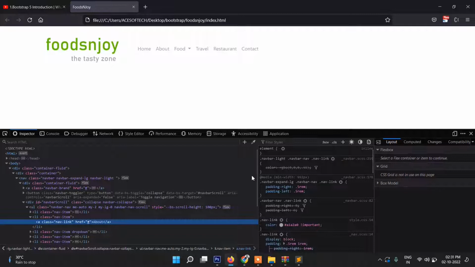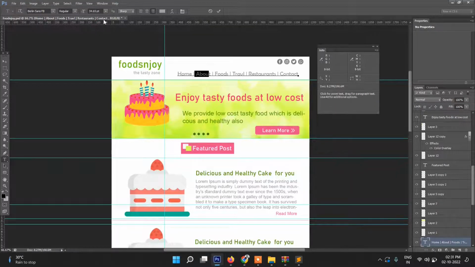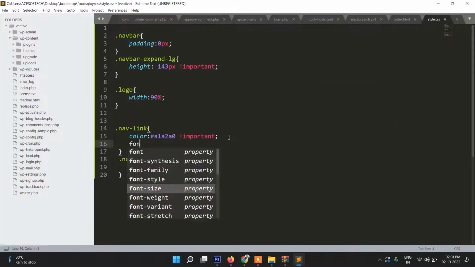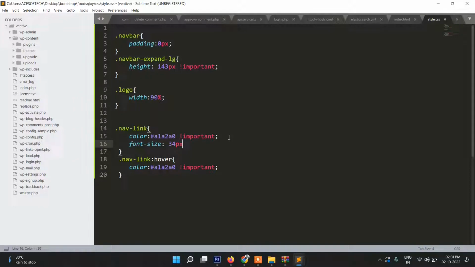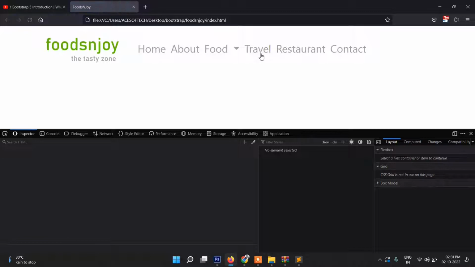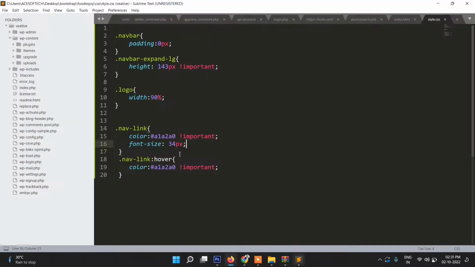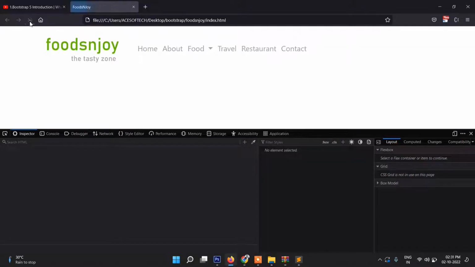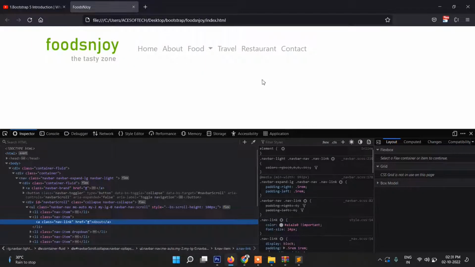Now let's check the font size. So font size is 34 pt, that means it's a bit bigger. So we can write here font size, I think 34 px will be larger, but let's check here. It's too big, so rather than this I think 24 is fine. Yes, or maybe 20 will be better. No, it's fine because we don't have that much menu, that's why. Okay,